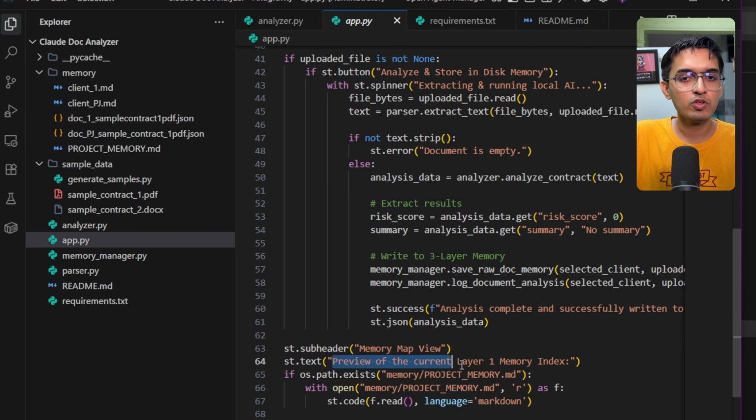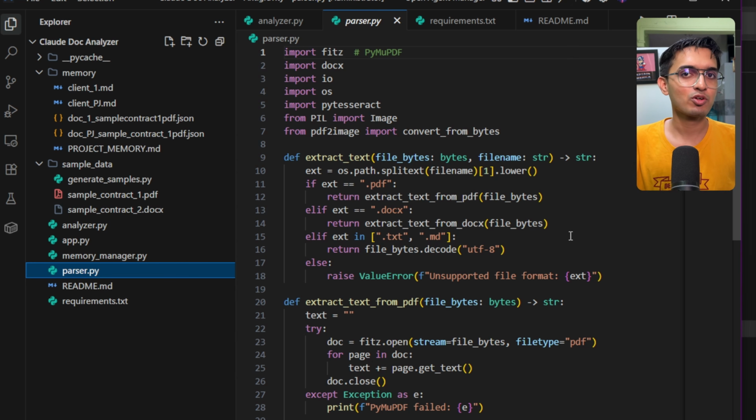Finally, we are also giving a preview of the current layer 1 memory index. Then we are checking if the project memory exists, then just open it and read it and add the contents as a system prompt. Next, we have the parser.py file, which will handle all the parsing from the different documents